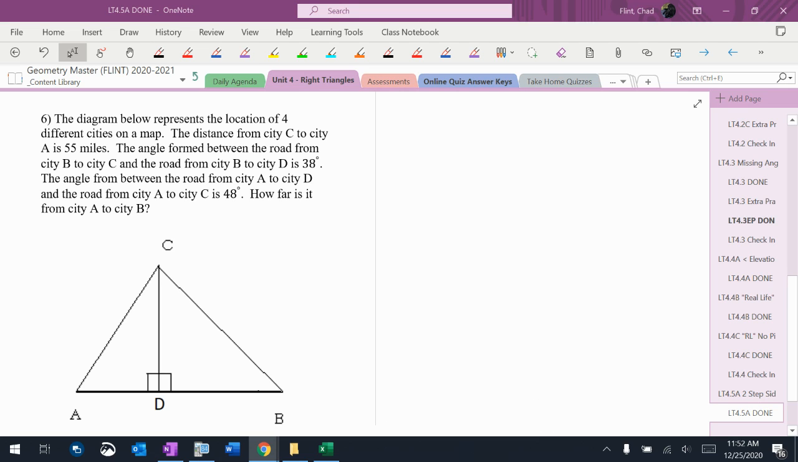So we get a diagram here that's talking about cities and it gives you some distances and things like that. So let's look and see what happens. It says the distance from city C to city A is 55. So this is 55. It says the angle formed between the road from city B and city C, so B and C,